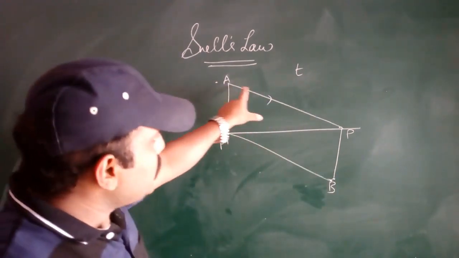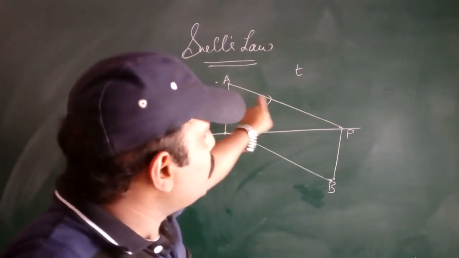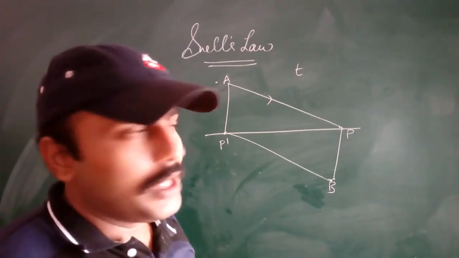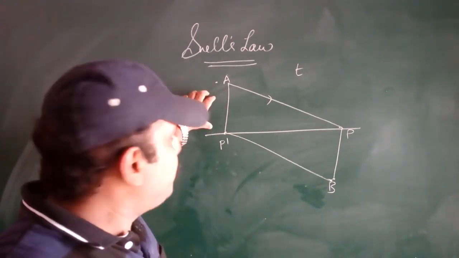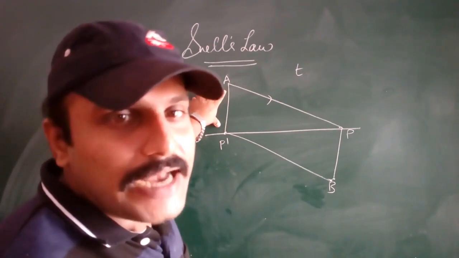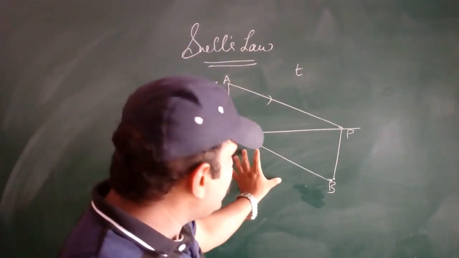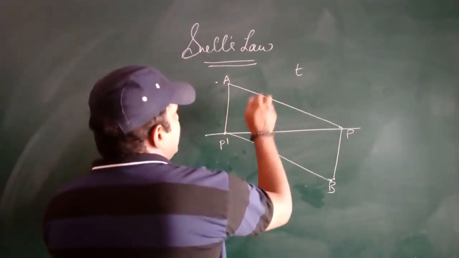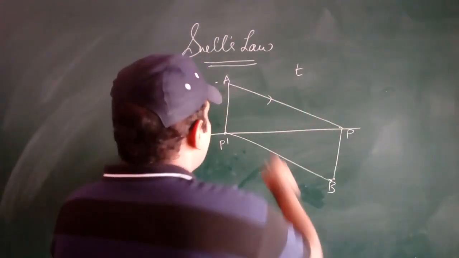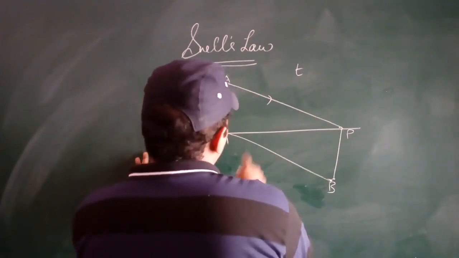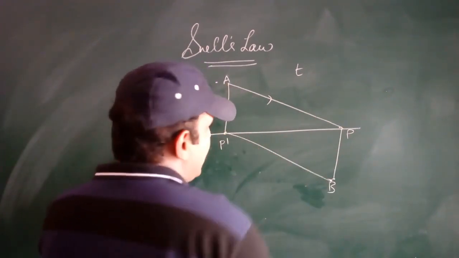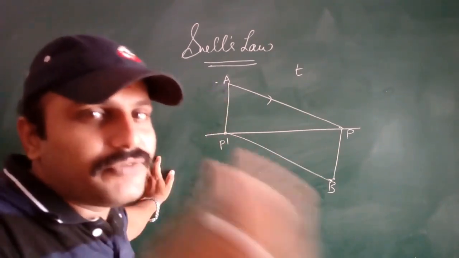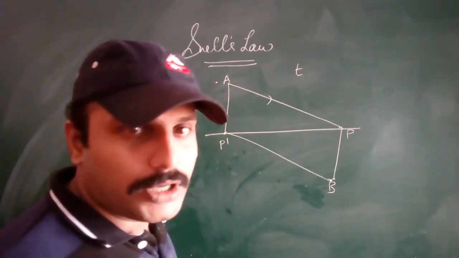In the first condition, I have covered more distance on the ground and less distance on the water. But in the second case, the P dash condition, I have covered less distance on the land and more distance in the water. Let the time be the same. Let us assume that the time taken to cover A, P, B is equal to the time taken to cover A, P dash, B. Because, as I said, here also you can move far, but we require more energy to move in the water.